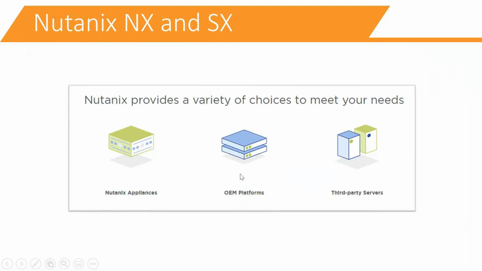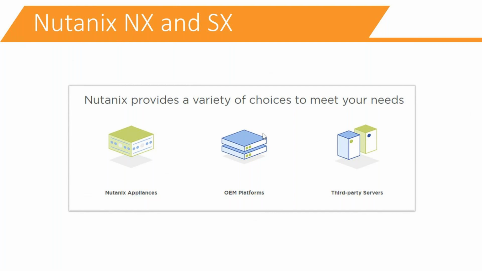Okay. So I already told you NX is the Nutanix appliance, then we have the OEM platform and third-party servers. Nutanix appliance comes under NX. So when you go for a support case, the Nutanix support team asks you, do you have NX or OEM or SX? From the question you have to understand NX means Nutanix, SX means software only, then the OEM platform. What is the difference between OEM and third-party servers? OEM means Dell, HP, some hardware, not all models of servers, and then Fujitsu, Lenovo. Nutanix has an OEM partnership.